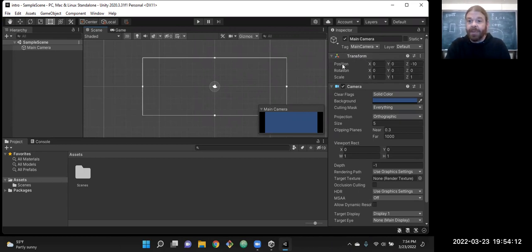There are ways we can transform it, in particular the position: where is it located, the X, Y, and Z location of it? How is it rotated? What's the scale of it? Scale it in and out, make it bigger, smaller. Those are our transformations.